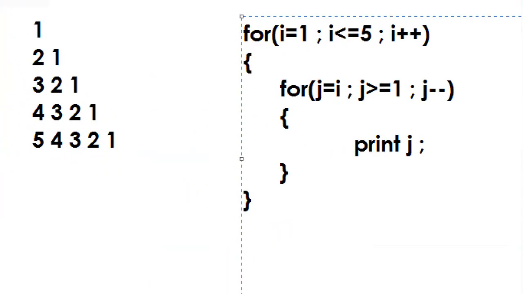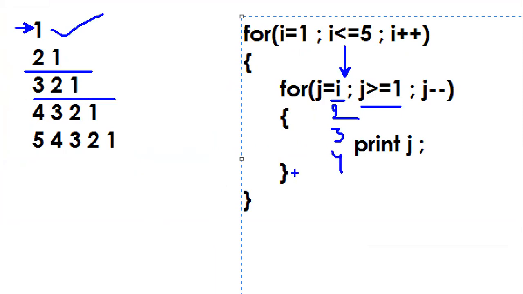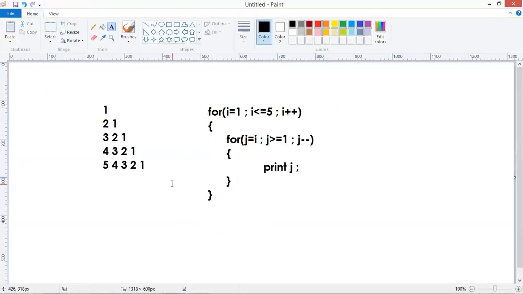First i value starts with 1, so j value starts with i, 1 to 1, only 1 will repeat. Next starts with 2, 2 to 1. Next starts with 3, 3 to 1. Next starts with 4, 4 3 2 1. Starts with 5, 5 4 3 2 1. Check the complete output fast, everyone.